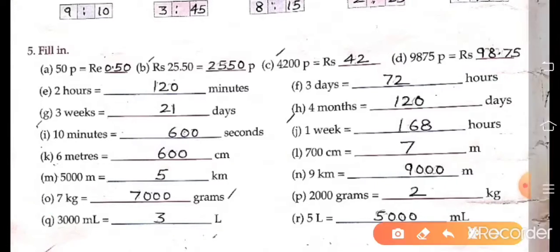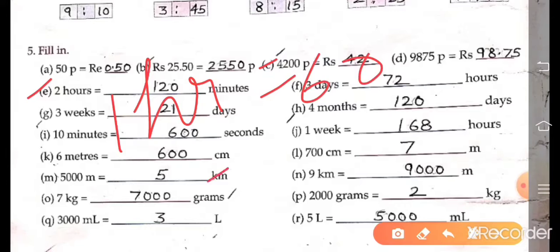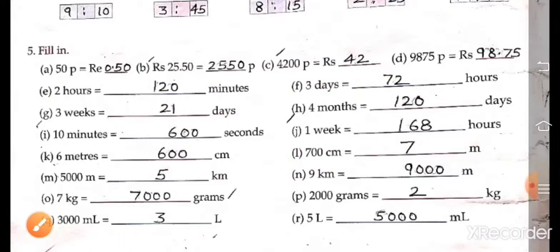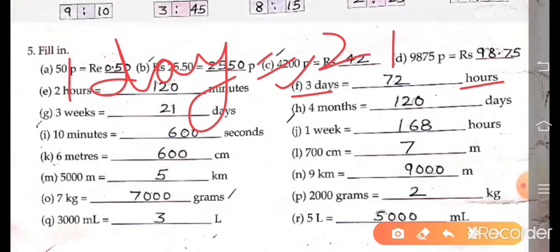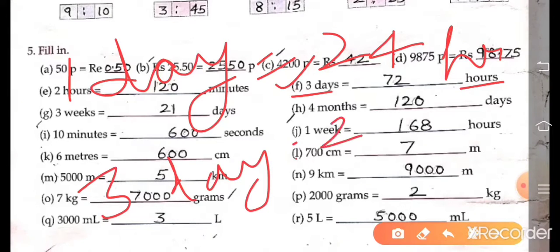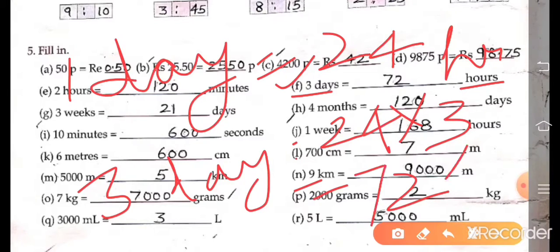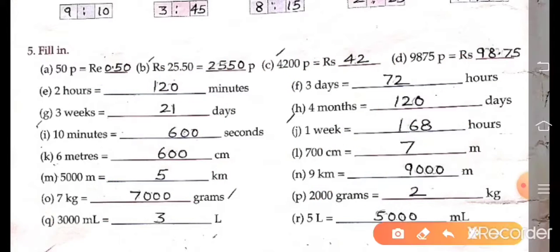Okay. Now 1 hour equal to 60 minutes. So 2 hours equal to 2 multiply 60. So 120 minutes. All of you have done this type of questions in class 3. So this is revision for you. Okay. Now exercise B. Color to show the fraction. A part, half. 1 by 2 means half. So 1, 2, 3, 4 parts are here. We have to color 1 by 2, means half. So we will color 2 parts.